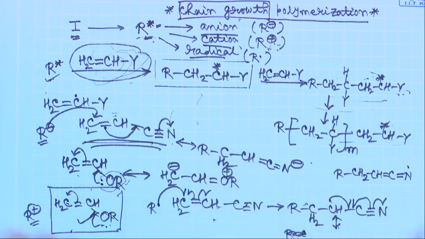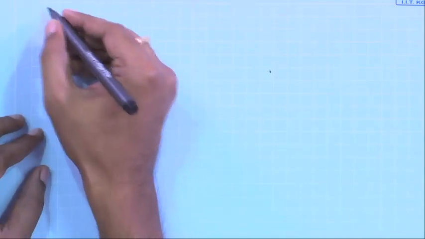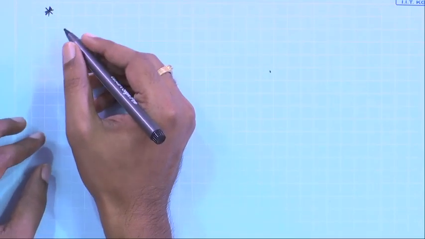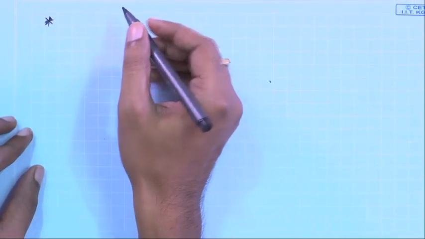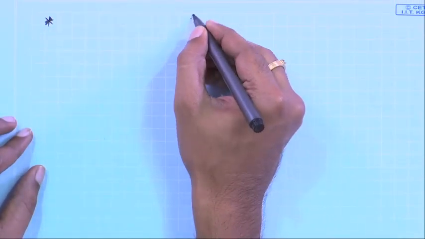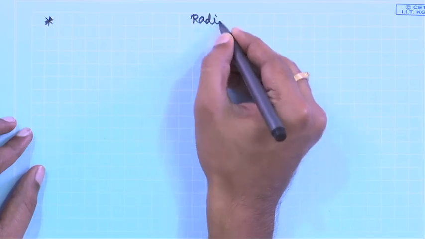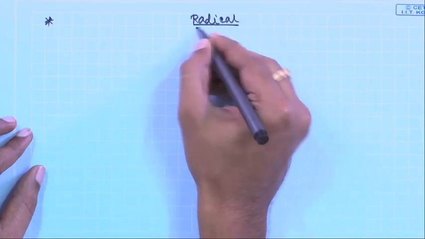Okay. So, what are the kinds of initiators that you could use? From now on, mainly we will be talking about radical